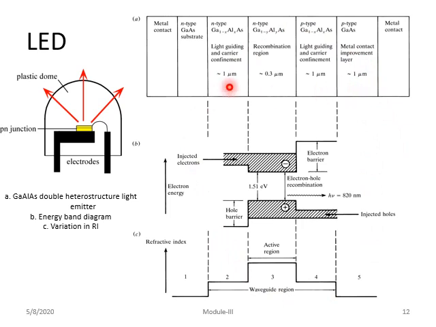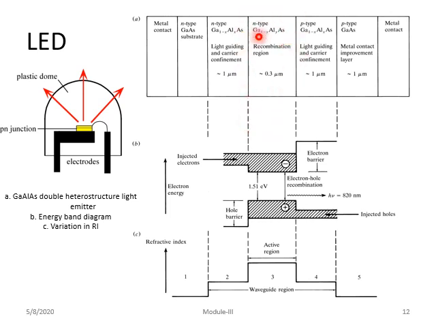Diagram A is the cross-sectional drawing of the gallium aluminum arsenide double heterostructure junction of a light emitter, and diagram B is the energy band diagram for the same gallium aluminum arsenide case, and diagram C gives the various refractive indices with respect to the regions of that double heterostructure junction. So this double heterostructure junction is very important. On either side we have a metal contact, and next there is an n type and a p type layer. At the center we have the active layer.